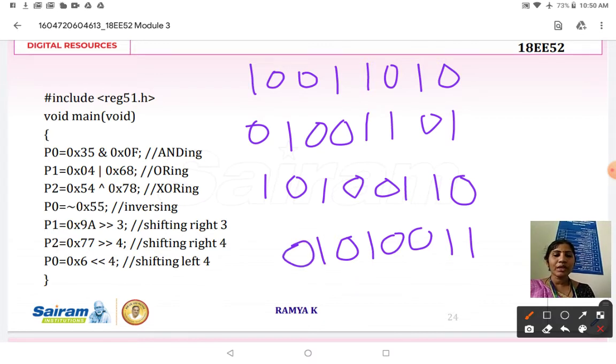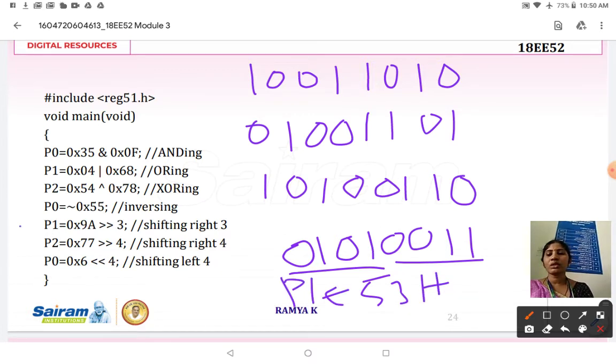So after 3 shifts the result will be loaded onto port 1. So this is the main idea.